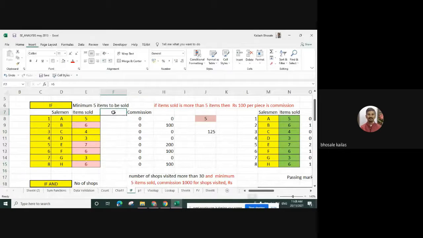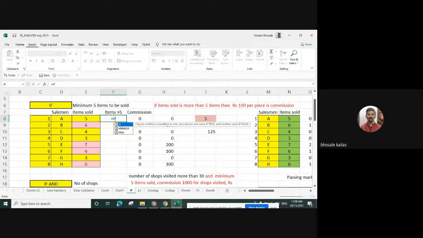Condition is whether the items are greater than 5 or not. So I will make a condition, a check post here, whether they have done it or not. So I can use this if, item sold value is greater than this value.